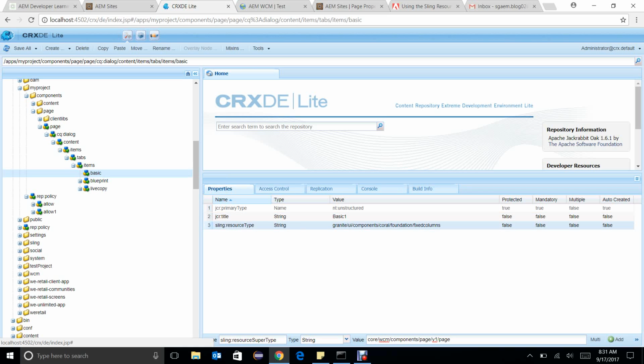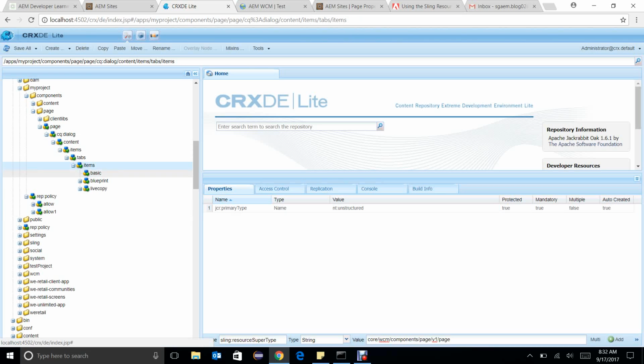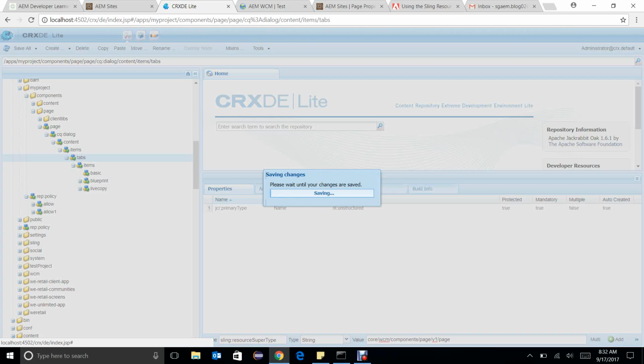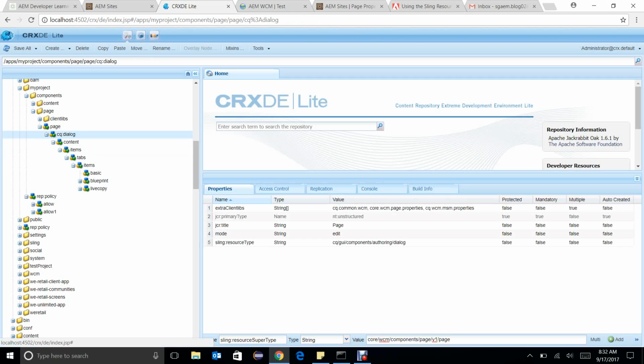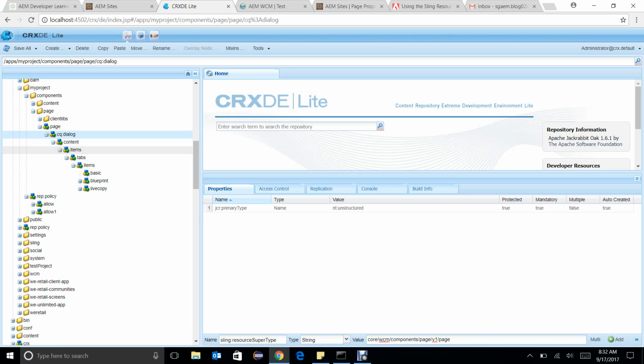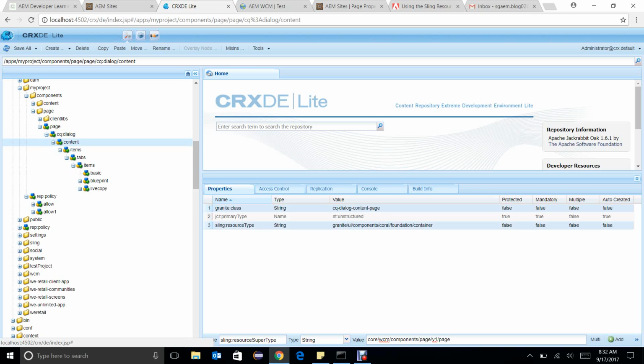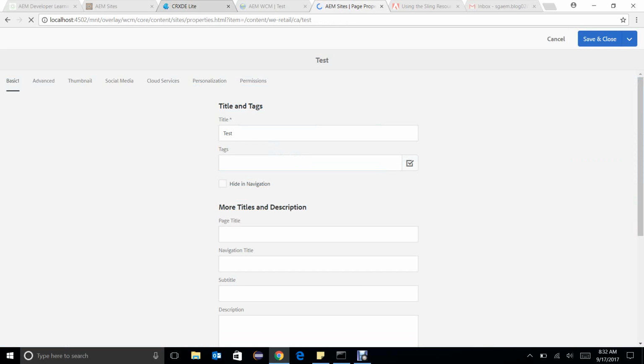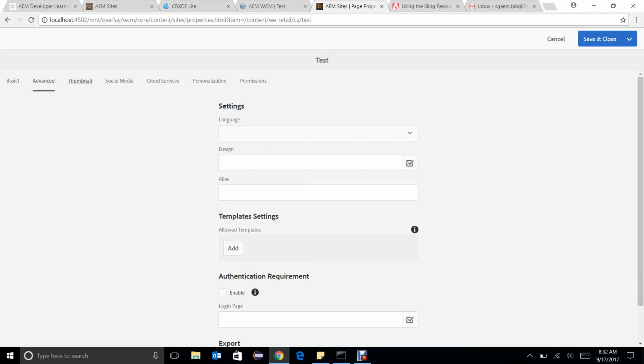One more important thing here: if I am inheriting something, there is no need to have the Sling resource type, because the parent already has this. I don't need all these classes or the resource type because the parent is already having this. There is no point in duplicating things. We can just remove everything here in the content. Actually it is important, because there is no point in having all this. Now I will check that everything is fine till here. Yes, everything is fine.